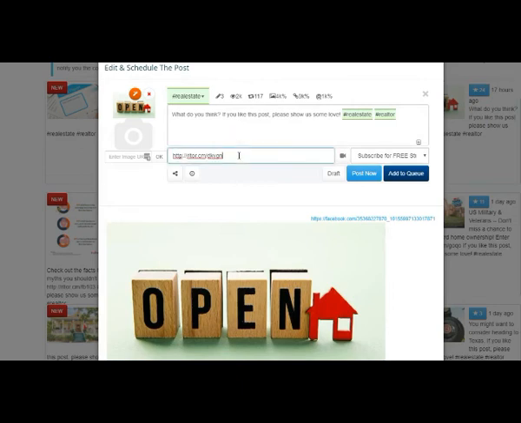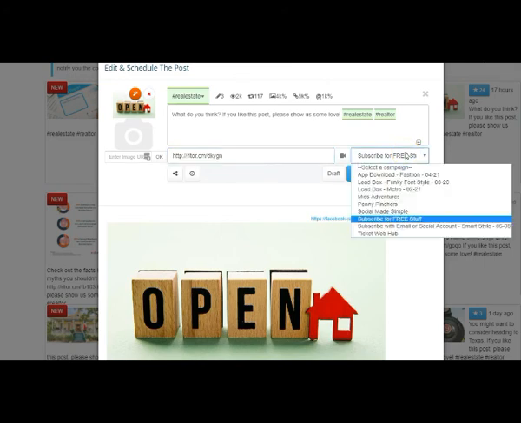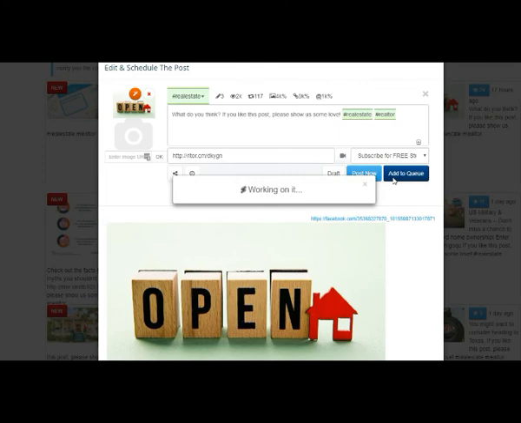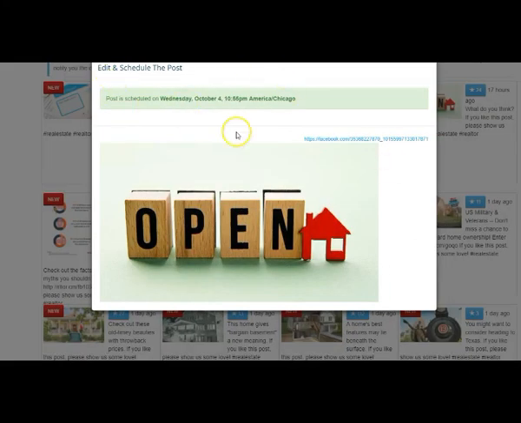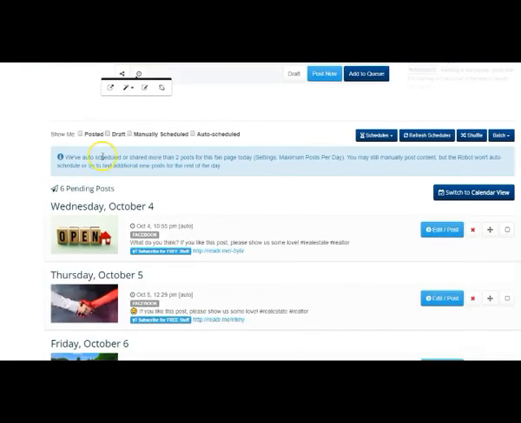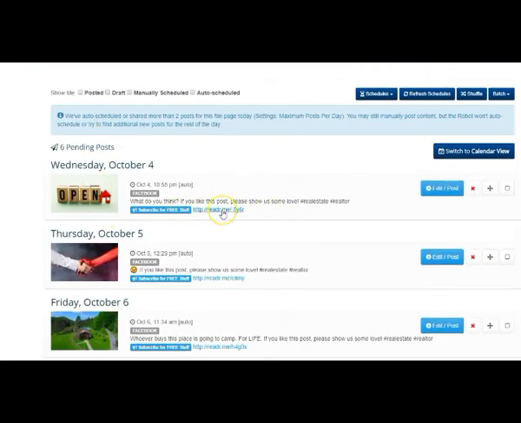And then what we've done is we've created a pop-up campaign that has people opt in as a lead. And we set this up in our settings. This is something else I go through very in depth in our training. So what happens is, and I'll show you exactly what happens, once you click this and add it to your queue, it's going to tell you when it's been added. So you can go back over here to your posts, and this is what's going to happen when this pops up,